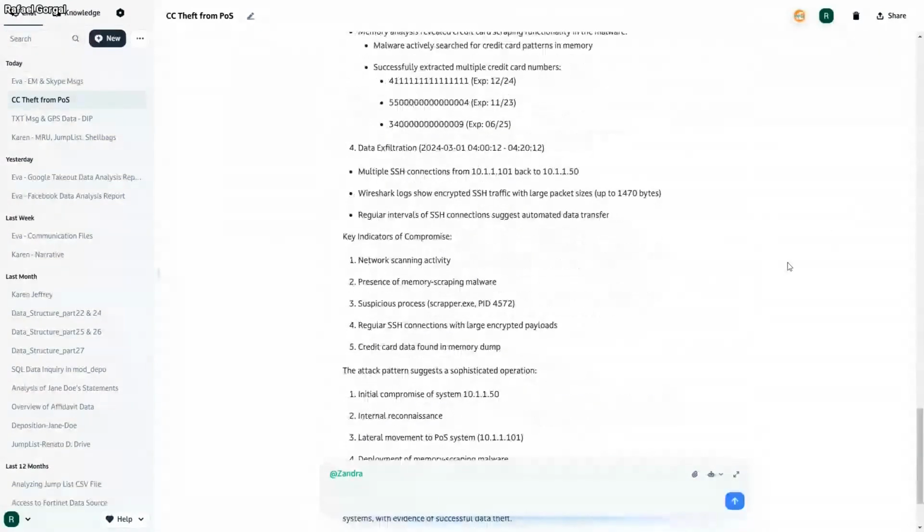It then tries to exfiltrate the data using multiple SSH connections, and the Wireshark security logs, all the network traffic, analyze all that. So it brings together all those disparate pieces of data from various sources, analyzes it, and presents it to you in a holistic approach.